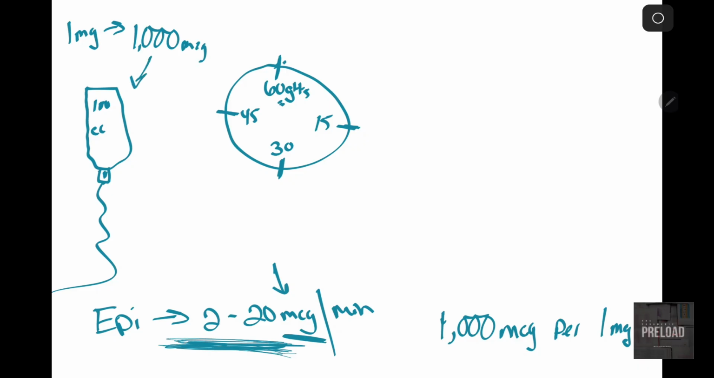So what we need to do is divide 1,000 by 100, because we have put 1,000 parts of this epi into 100 parts of that saline, right? So 1,000 divided by 100 is going to equal 10. So where does this go? Well, that says that at